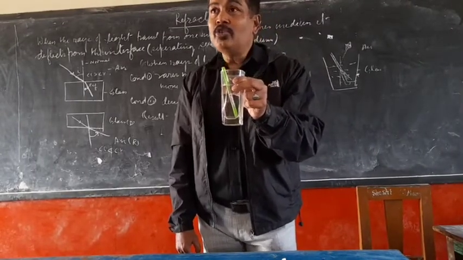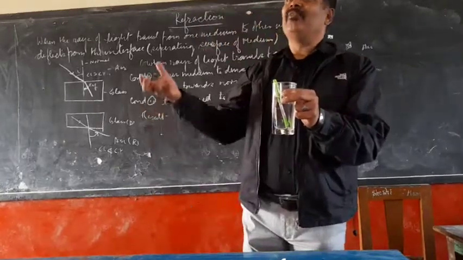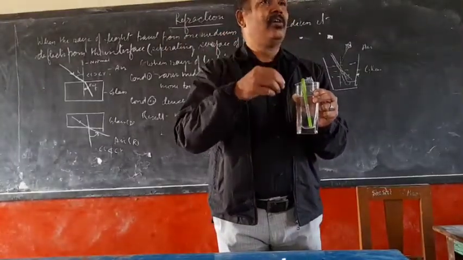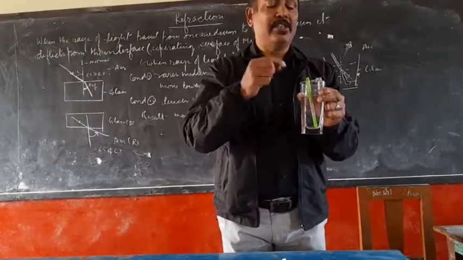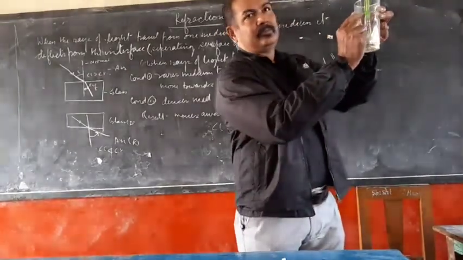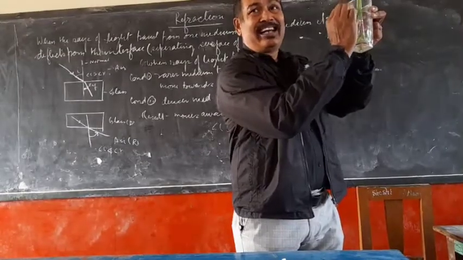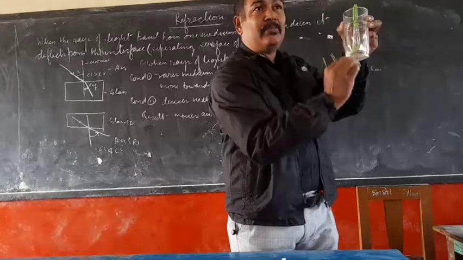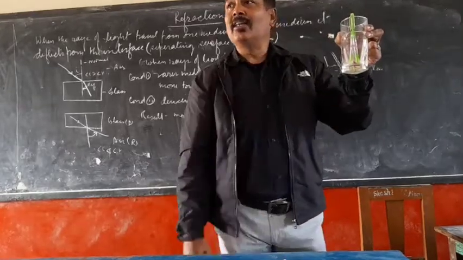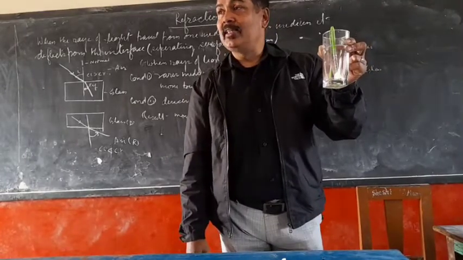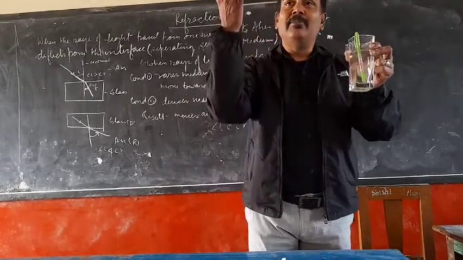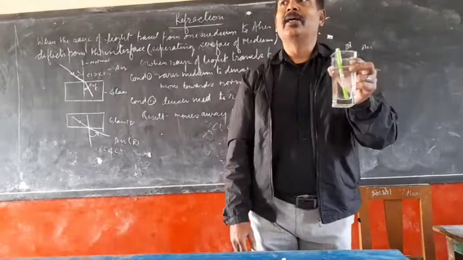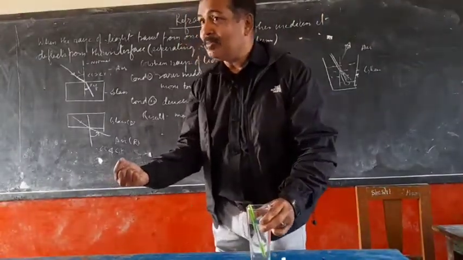Why does the pen appear to be bent? We know that when the rays of light travel from one medium to another medium, the rays of light bend at the interface. This is the interface where the air medium and glass medium are separating. जहां जिस point से, जिस surface से air medium और glass medium एक दूसरे से अलग हो रहा है, उसी को क्या कहते हैं बच्चों? Interface कहते हैं. और वहां से जब rays of light जब rarer medium से denser medium में गया तो क्या हुआ? वो बेंट कर गया. क्यों बेंट कर गया? मैंने भी इसका डिस्कशन किया था आपसे.